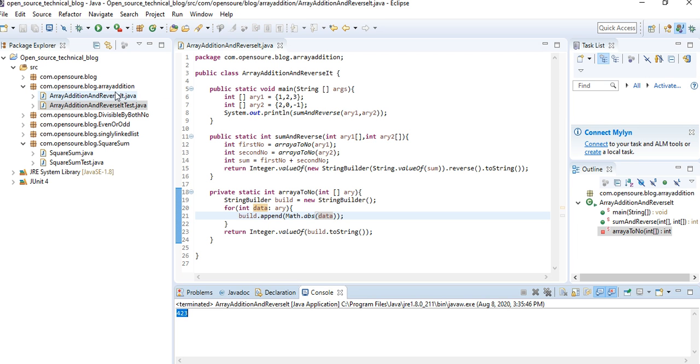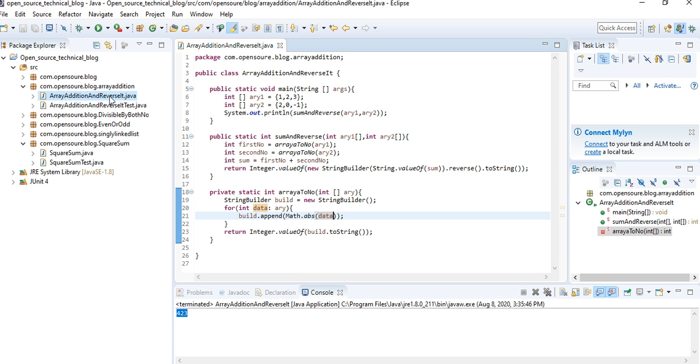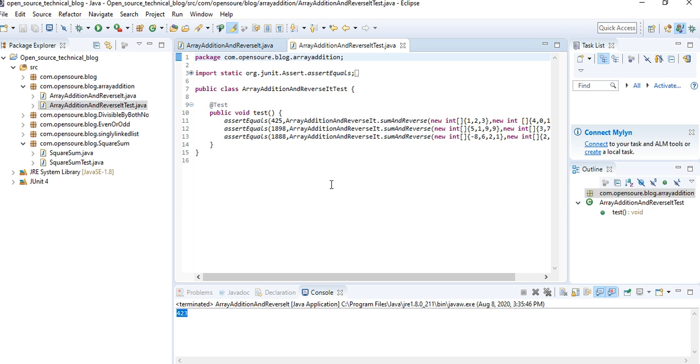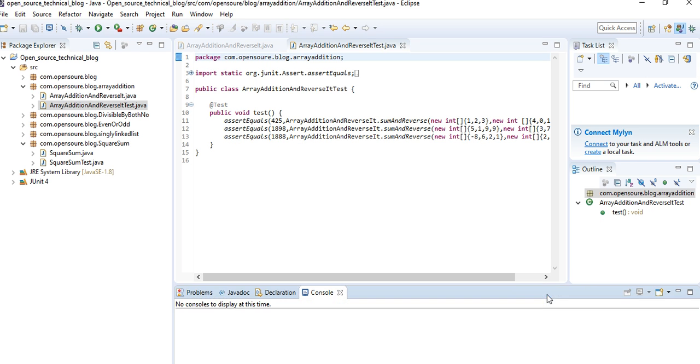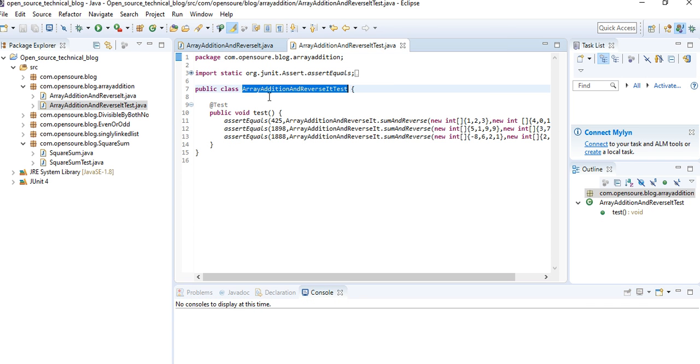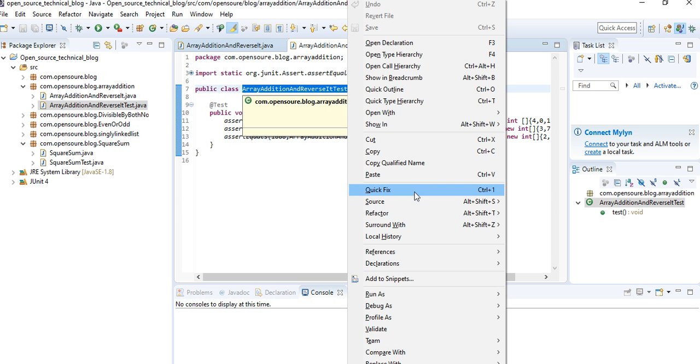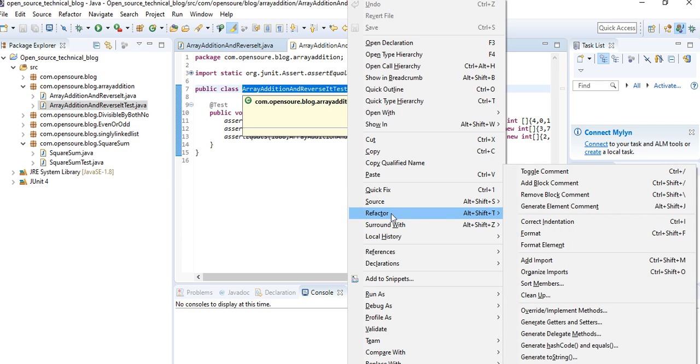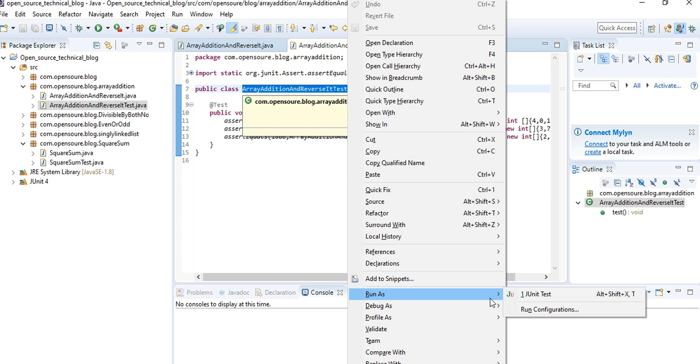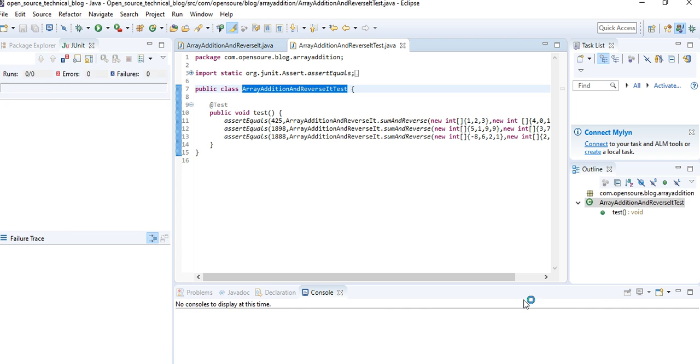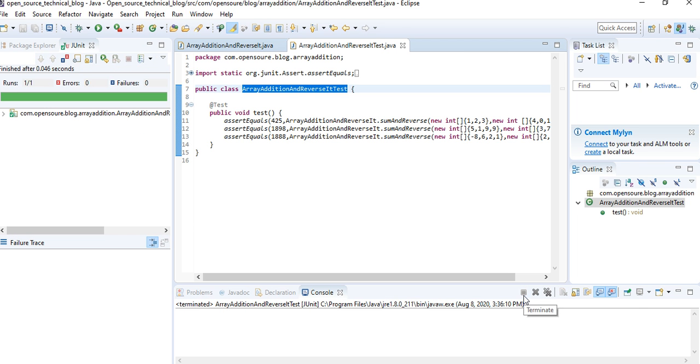I have written some other test cases as well to check the program flow. Let's run this as well. Yes, it seems everything is working fine.